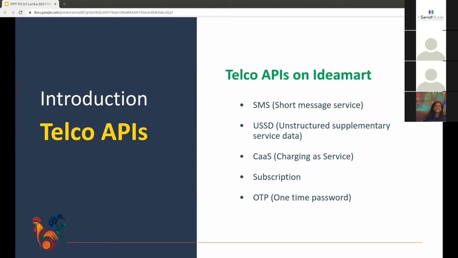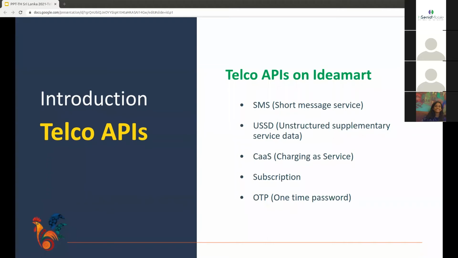So let's go back to Zenit Mobile's telecom APIs on IdeaMart. Here we have 7 main categories: SMS, which contains SMS related methods, and USSD. USSD is the hash codes we type to get our mobile balance, star points, etc. CAS, charging as a service, which allows users to pay from their mobile balance.